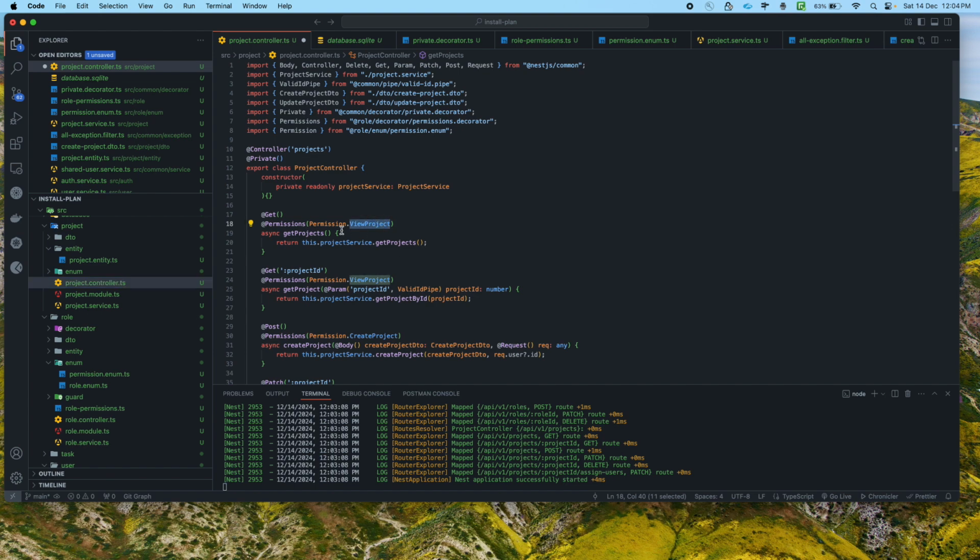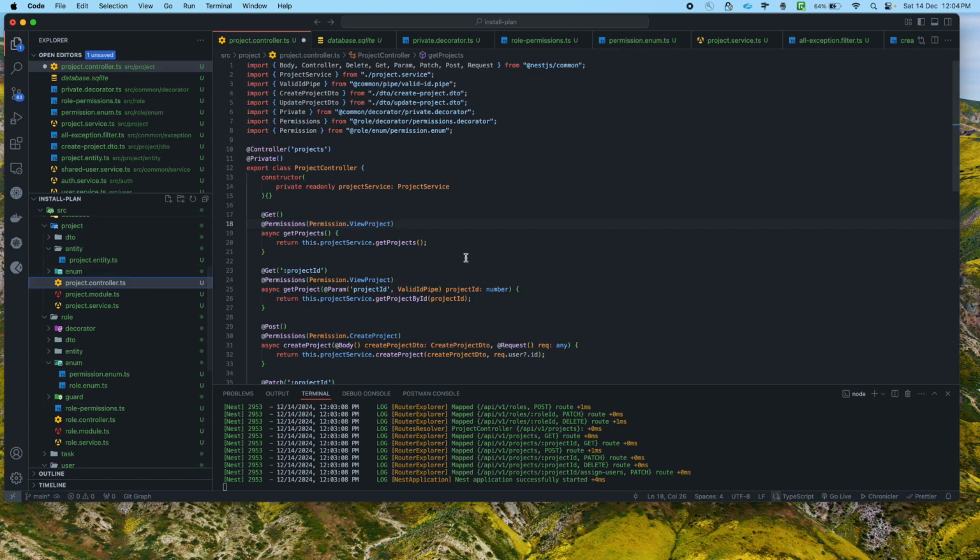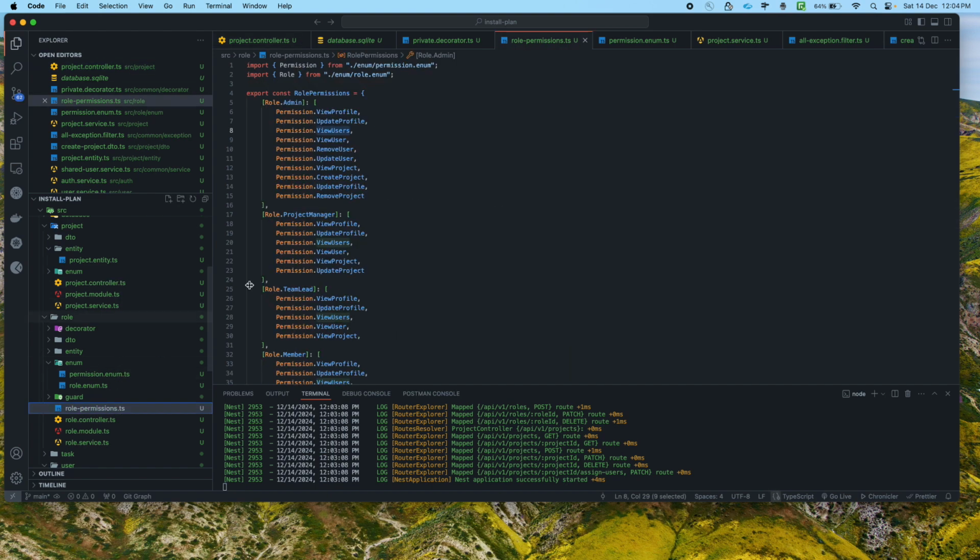So what I did is, in permission, I've just created one new property in the enum, view projects. I created this offline, and I just want you to follow the same thing. Then in project.controller.ts, in the get request where we are trying to get all the projects, we can just add an s here. And one more thing we need to do in role permission: we need to add one more permission here